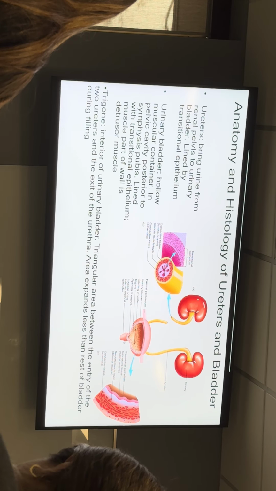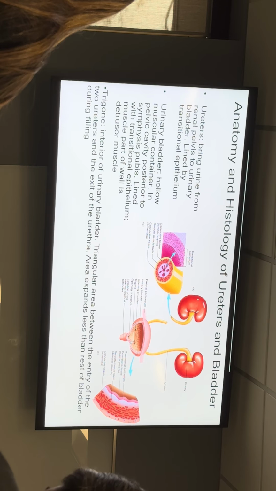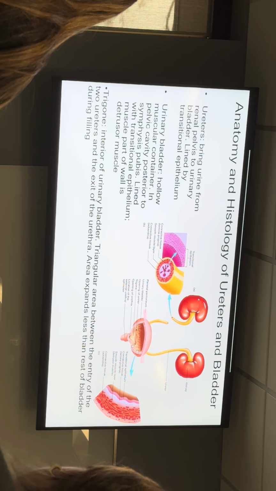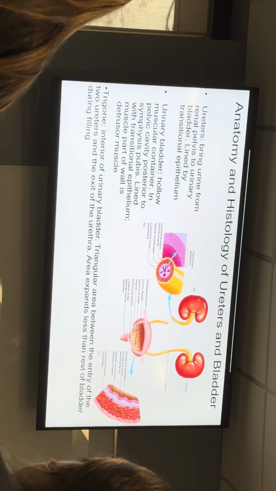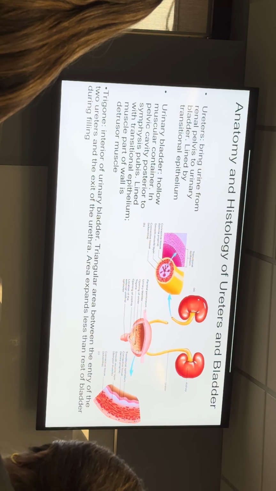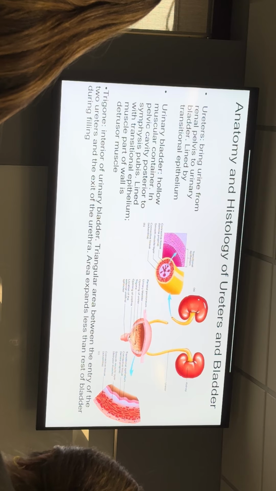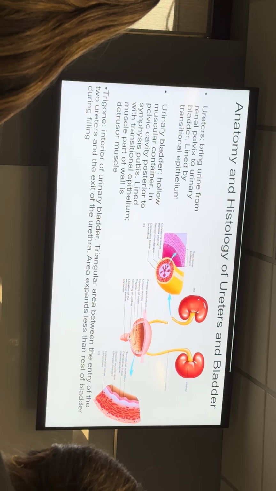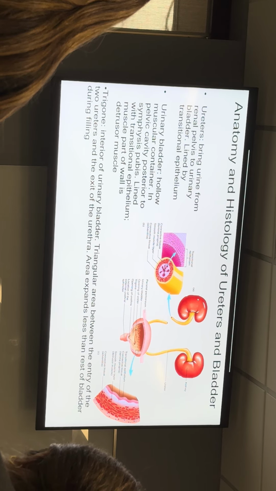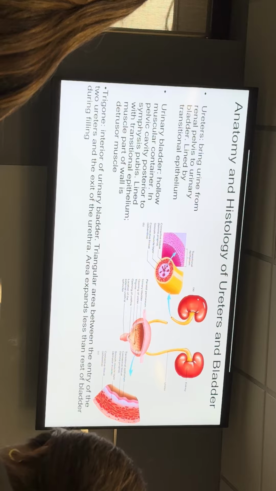Okay, and then at the bottom of your bladder, you have an area that's shaped like a triangle, and the three corners are the two openings for your two ureters and the one opening for your urethra. Together, this triangle-shaped area is called the trigone, and the trigone is the only part of your bladder that's not stretchy, and there's no rugae. Or at least it's the least stretchy part of your bladder. The rest of your bladder can stretch out a bunch.